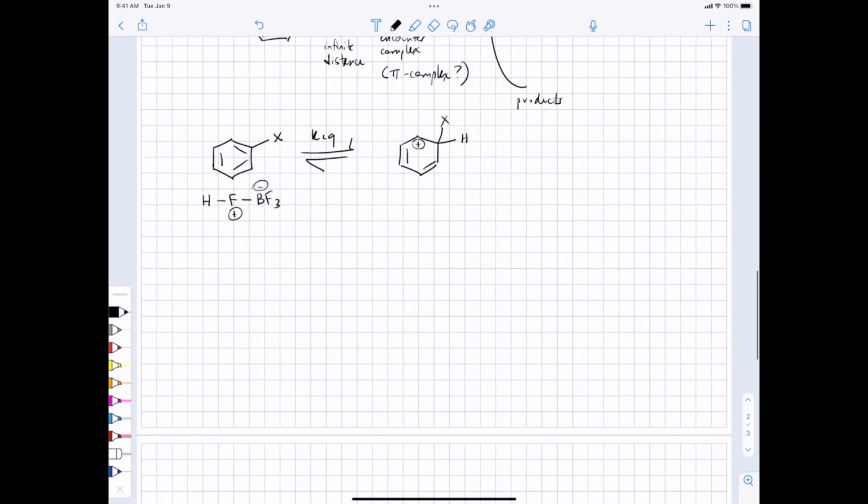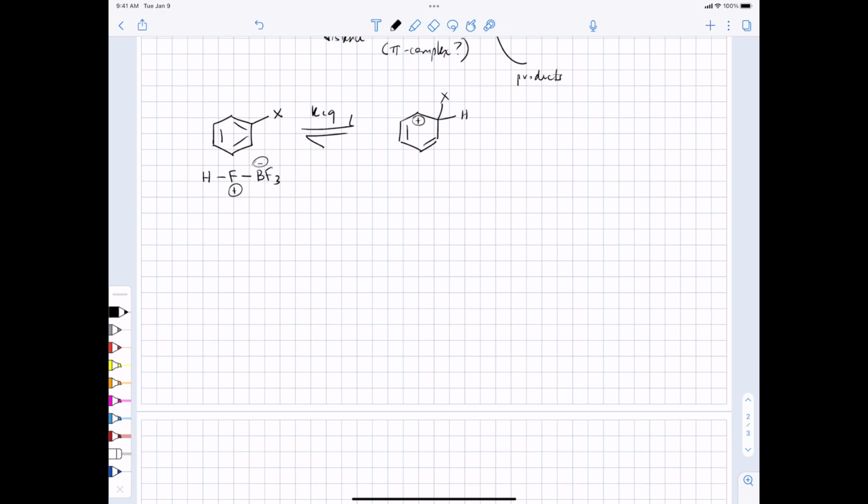So let's see. I'm going to put whatever the X group is here, and then I'm going to put the relative stability of the sigma complex as assessed by that equilibrium constant. So, okay, for hydrogen it's 1. If X equals methyl, the stability goes up. And this is different than